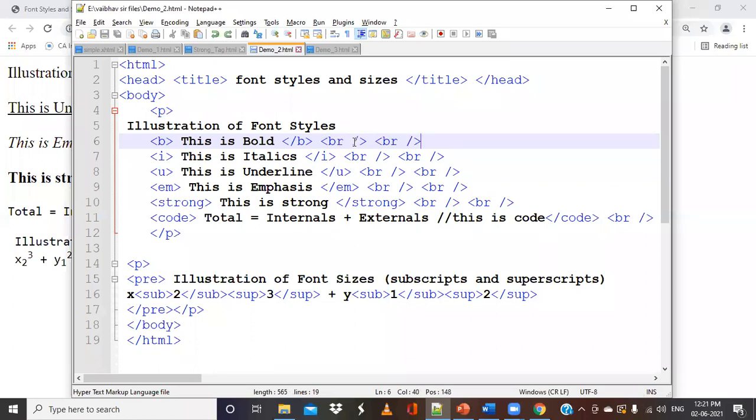Okay, but I do not want these BR tags to be used every now and then, because I've used it 10 to 12 times. But if it is for say 10 to 15 lines or maybe 50 lines, it will be a tedious job. So what can we use to avoid this, to include the white spaces without using the BR tag? What is the tag name for that?